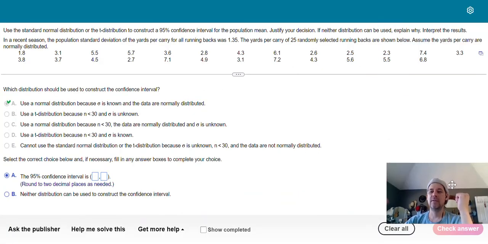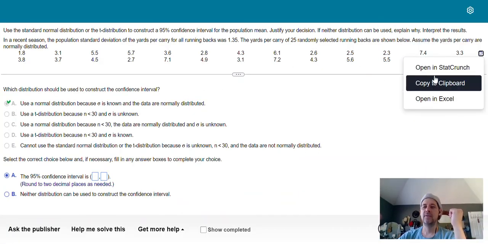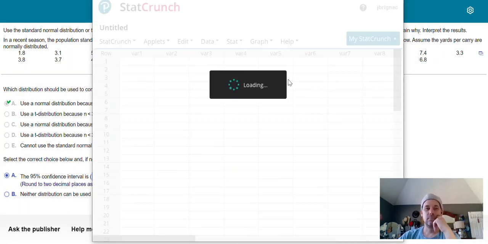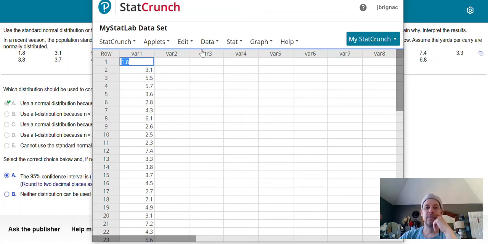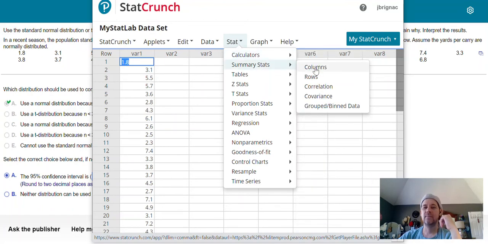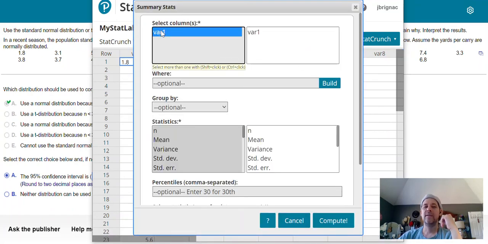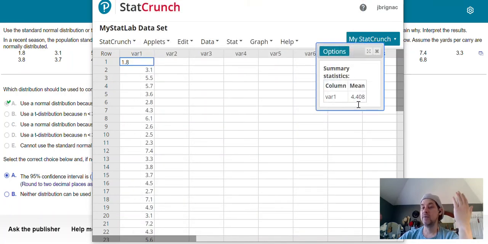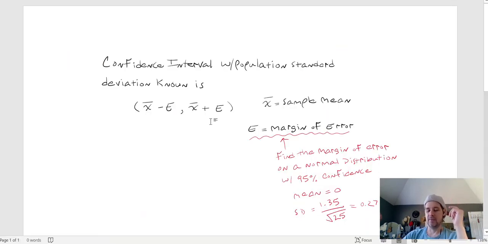So I'm going to go over here and I'm going to open this data in StatCrunch. And here it is in this column. And I want to go to calculators, no, summary stats, columns. And VAR1 is where my data is. And then I want the mean. So let's see. The mean is 4.408. Okay, so that's one of the numbers I needed. So let me write that down. So X bar,